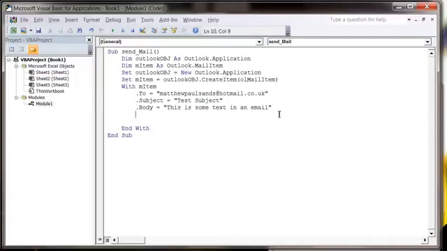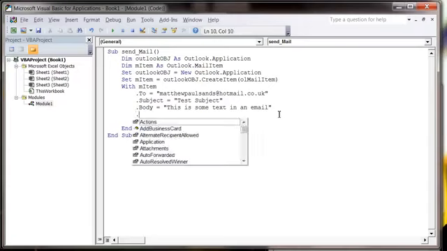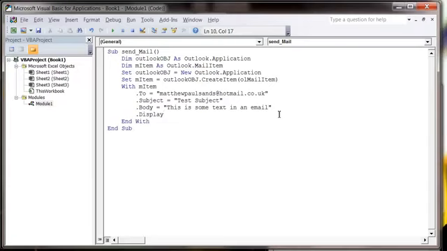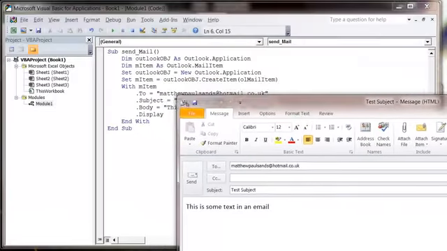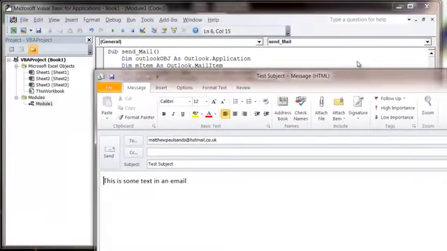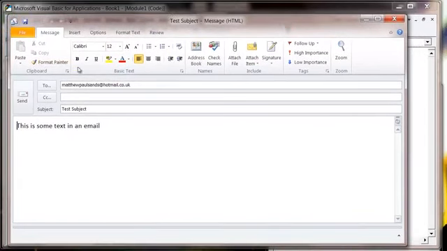And then finally, we want to put a .Display, which is just going to open up our email for us. So if I press play now, then it's going to open up a new email in my Outlook, sending it to myself with subject test subject, and then in the body this is some text in an